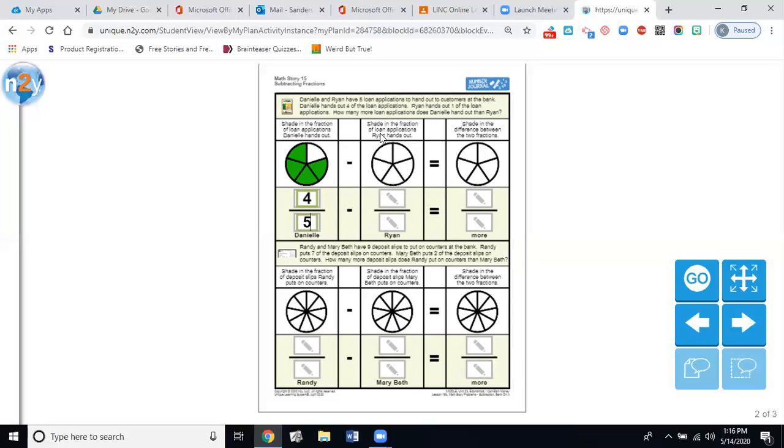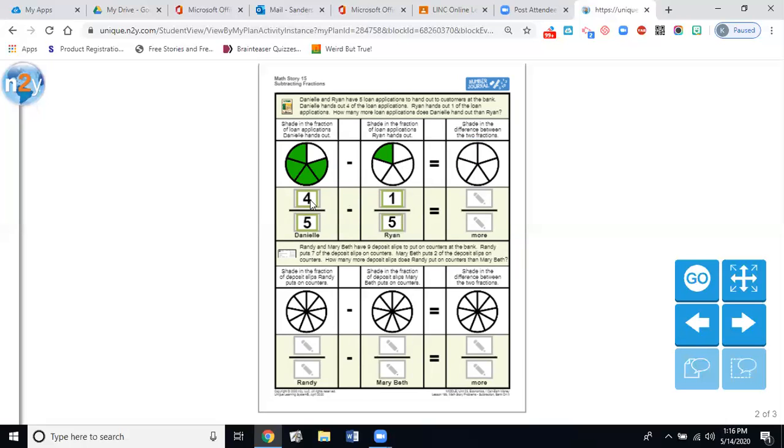Now, shade in the fraction of loan applications Ryan handed out. Well, Ryan only handed out 1. So we're just going to shade 1 of the parts. Okay? So he handed out 1 out of 5 parts. Now shade in the difference between the 2